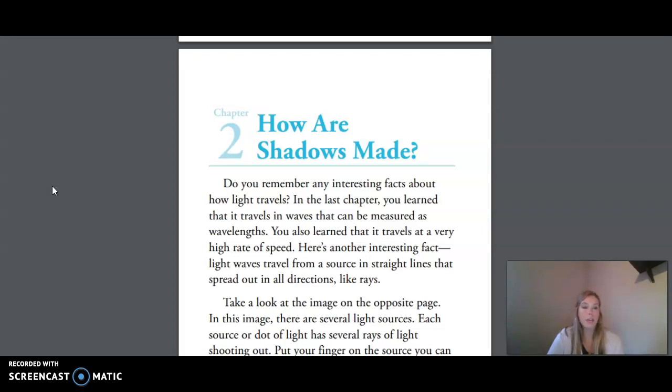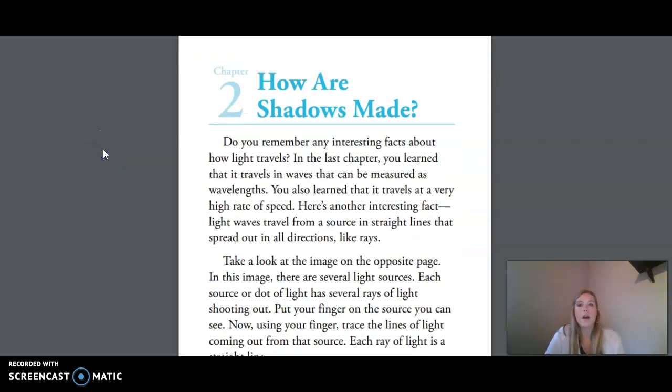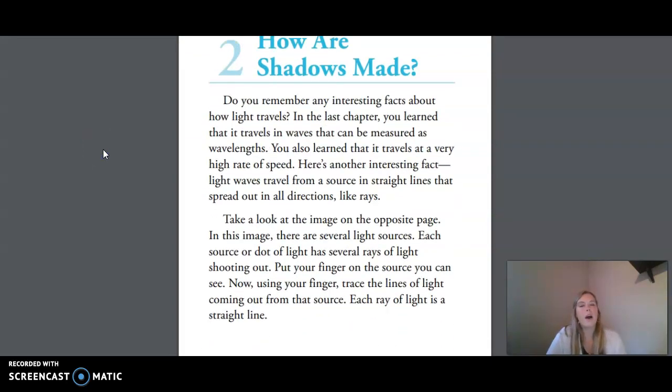We are now going to move into today's reading, which you can find in your small reader. Chapter 2, How Shadows Are Made. Do you remember any interesting facts about how light travels? In the last chapter, you learned that it travels in waves that can be measured as wavelengths. You also learned that it travels at a very high rate of speed. Here's another interesting fact. Light waves travel from a source in straight lines that spread out in all directions, like